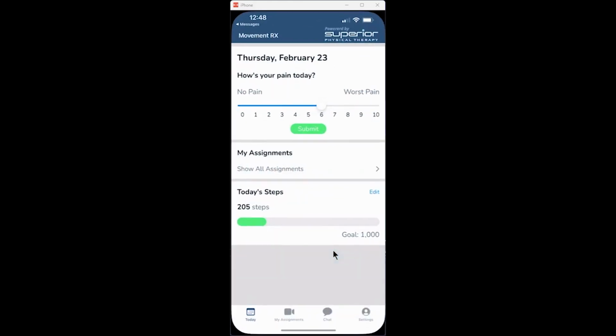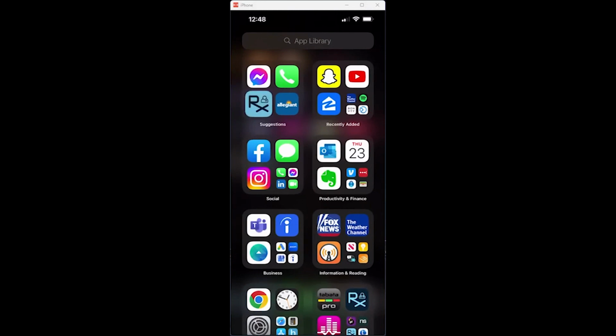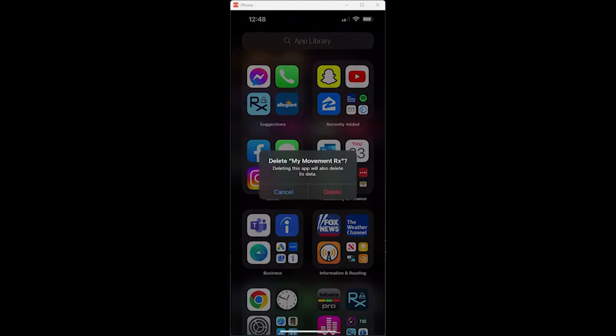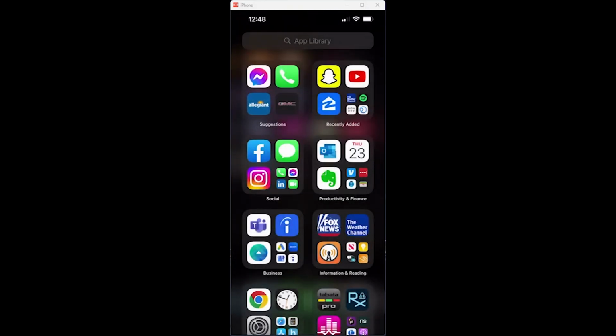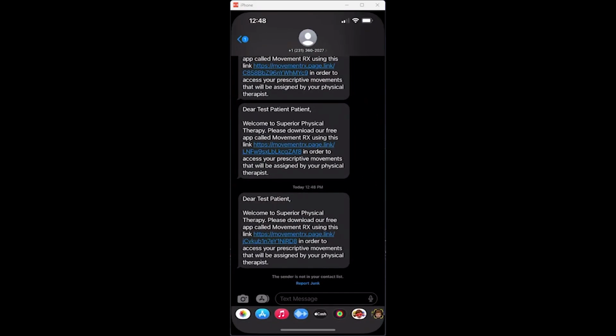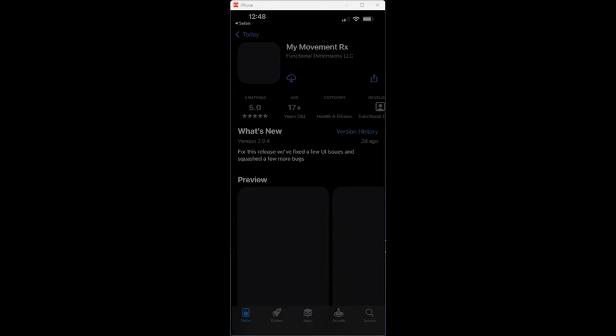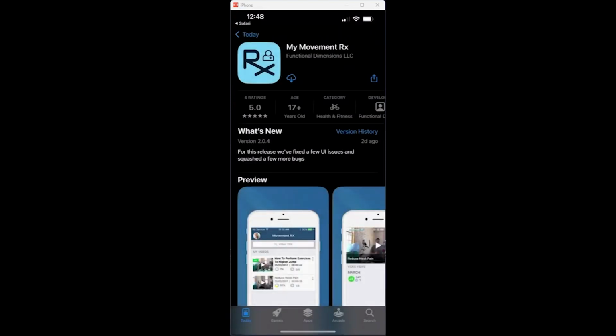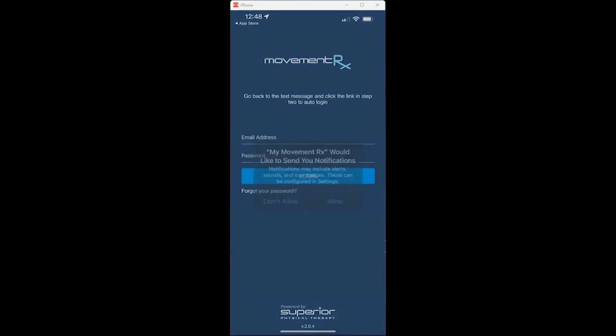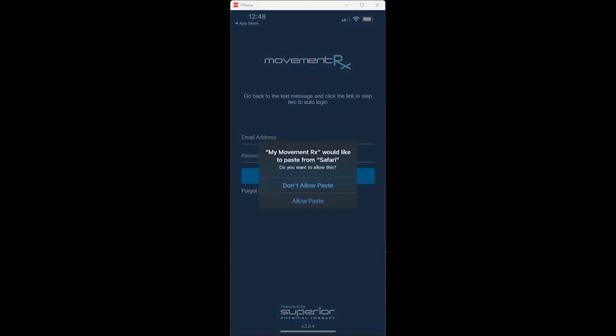So we hit the button, and since I already have the app on my phone, let's delete that for a minute so I can show you what it really looks like. We go back to our text message, hit the link, and it takes the patient right to the app store. They hit open. They're going to download the app. We're going to hit open, and it should